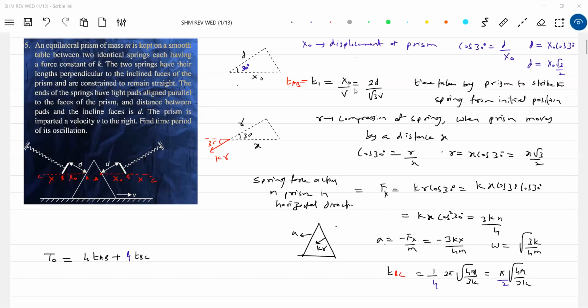1/4, no. See, when the prism moves from B to C, again it will take same time to move from C to B. It will lose contact from the spring. Again, when the prism is moving towards left, it will move from B to C here. It will take the same time, TBC. Again, from C to B, same time. Please try to understand this one, because then mathematics, no, try to understand here. The path: uniform velocity motion, SHM, uniform velocity motion. Then again uniform velocity motion, SHM, uniform velocity motion.